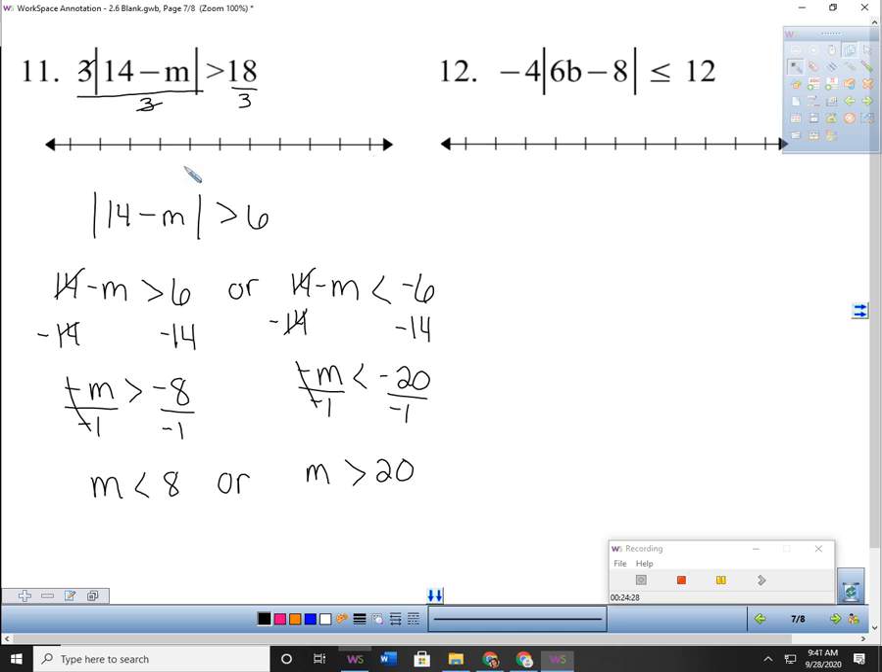We'll count by 2. So let's say that this is 8. So this would be 10, 12, 14, 16, 18, 20. And it's greater than 20, so open circle, shade to the right. Or I'm less than 8, so open circle, shade to the